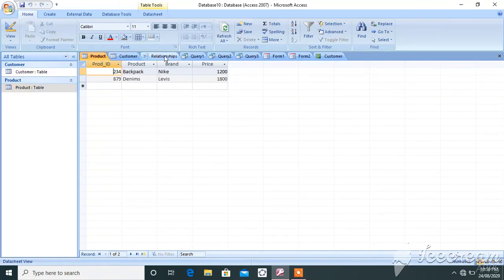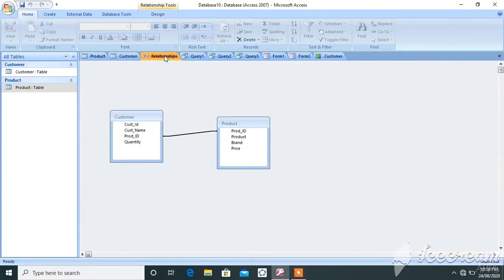Then we learned relationship. Relationship means I just drag one line from this Product ID to this Product ID. Means if in our shop there are 10 quantities and a customer purchases 8 quantities, that gets automatically subtracted from the Product table. So to keep this relation, we use the relationship.